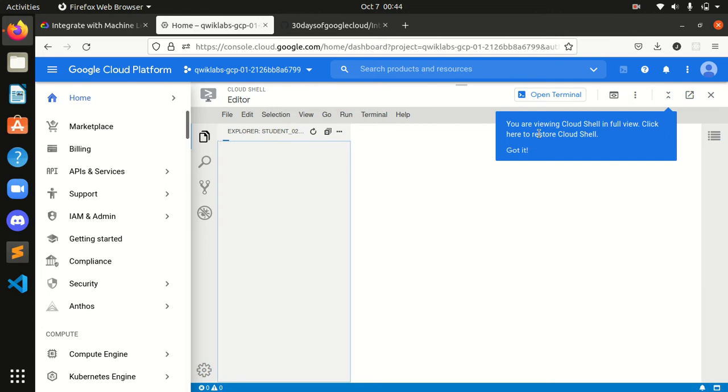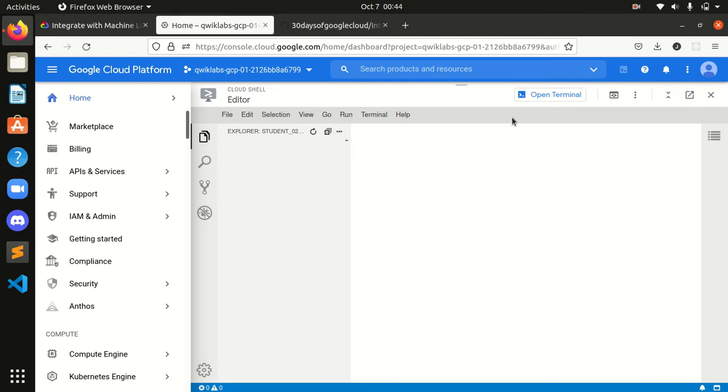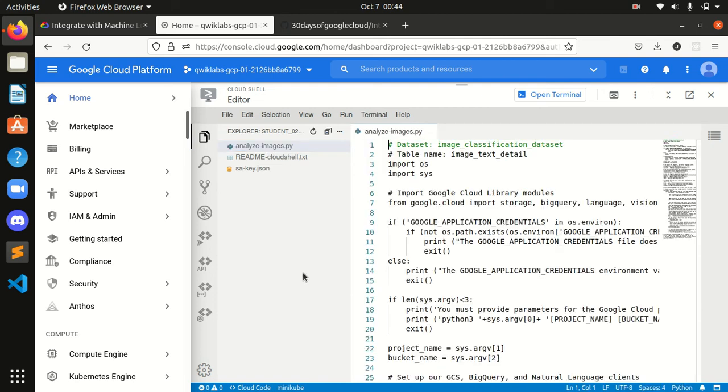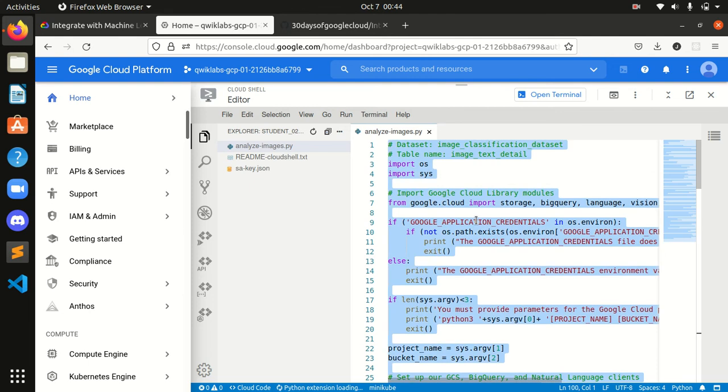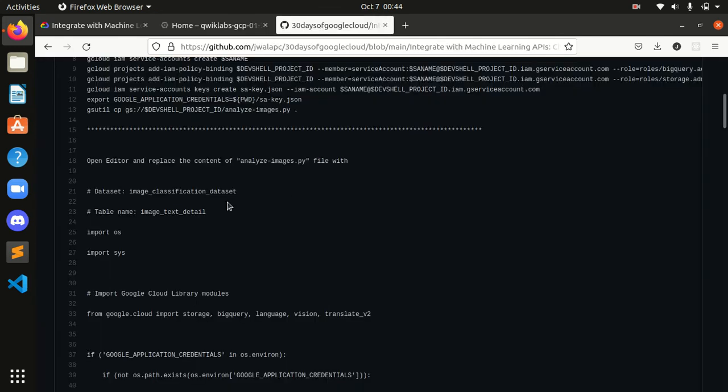Okay, guys, we are here. Now I will get into this analyze-images.py file. I will click this, and after clicking, see this, I have this. First of all, I will simply select and delete everything from this file, and I will copy everything from this GitHub.